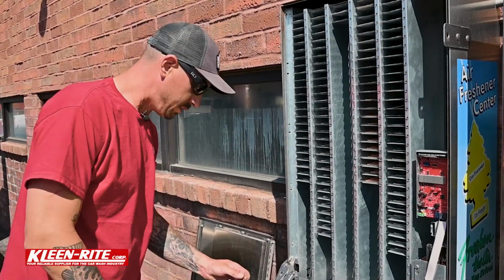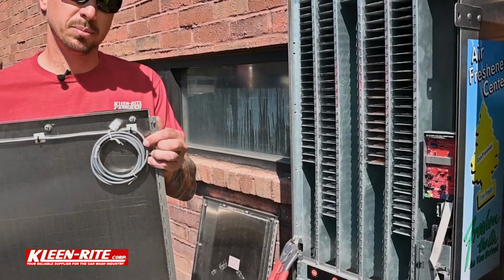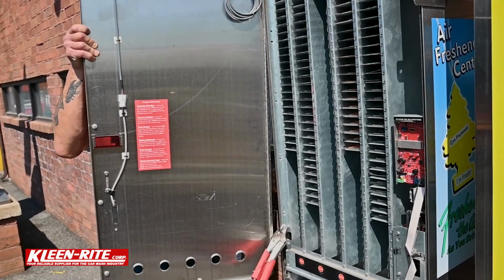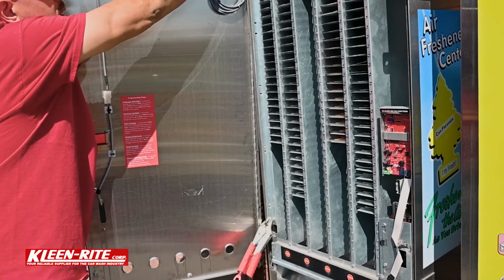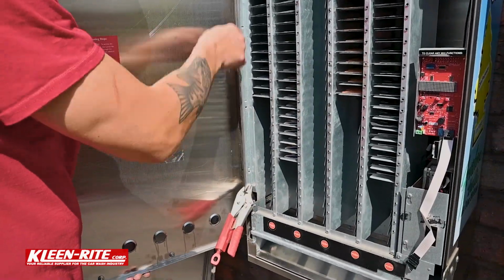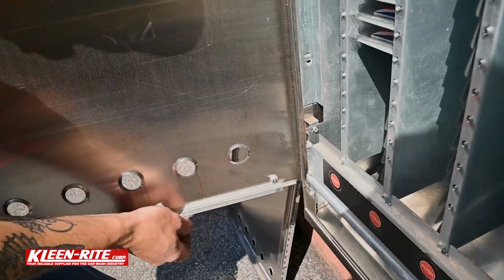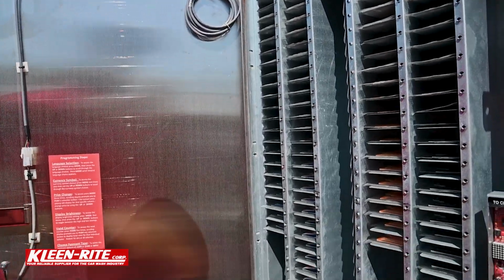All right, guys, let's get this door on. So I'm going to slide one of the new carriage bolts supplied with the kit. All the hardware supplied, all new hardware. I'm just going to hold the door up in place. Again, I'm supporting that with my leg. Get that first one started. Now this is held in place with that hardware. I'm going to take that off, grab another set of hardware. All right, guys. So obviously I don't have them all in, but for video purposes, we're going to stop there,